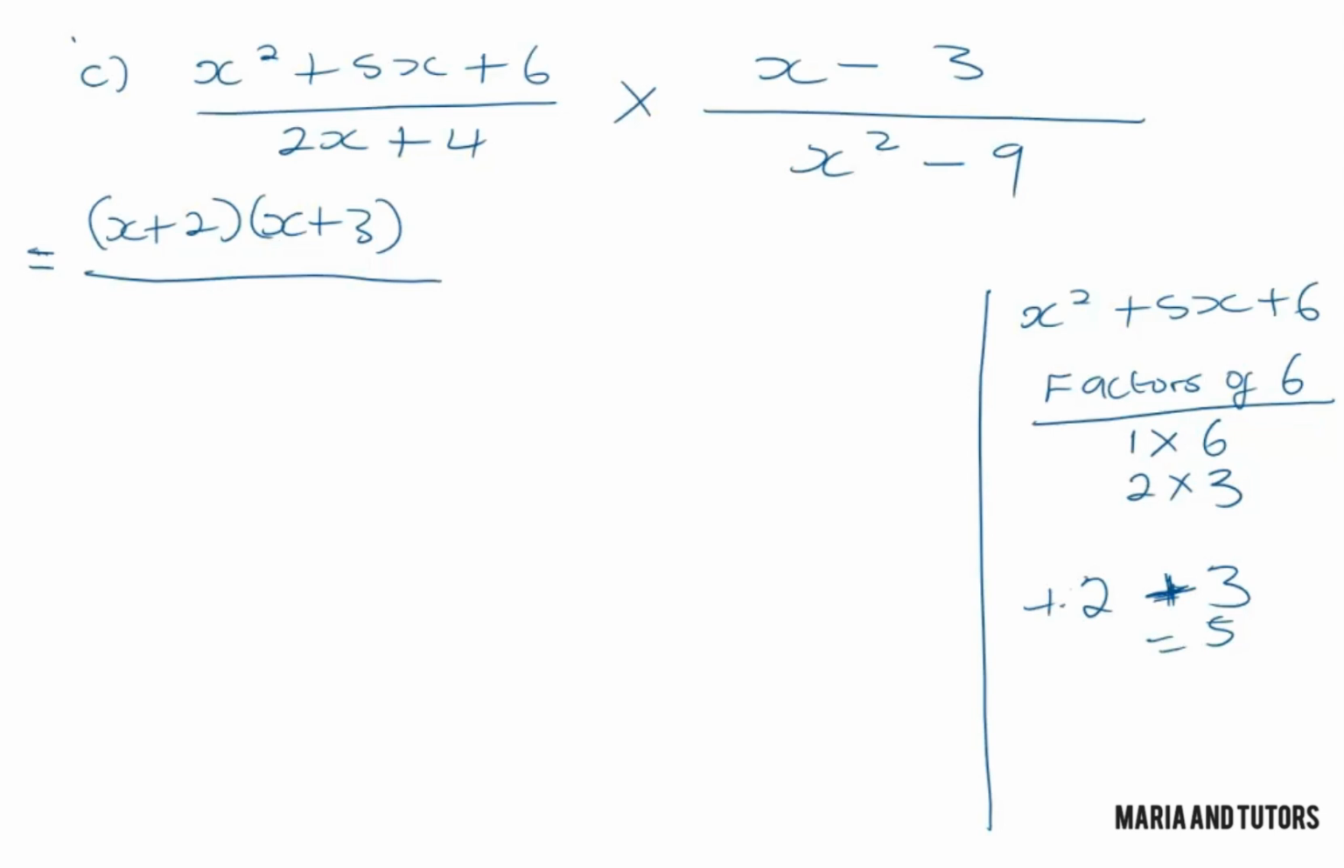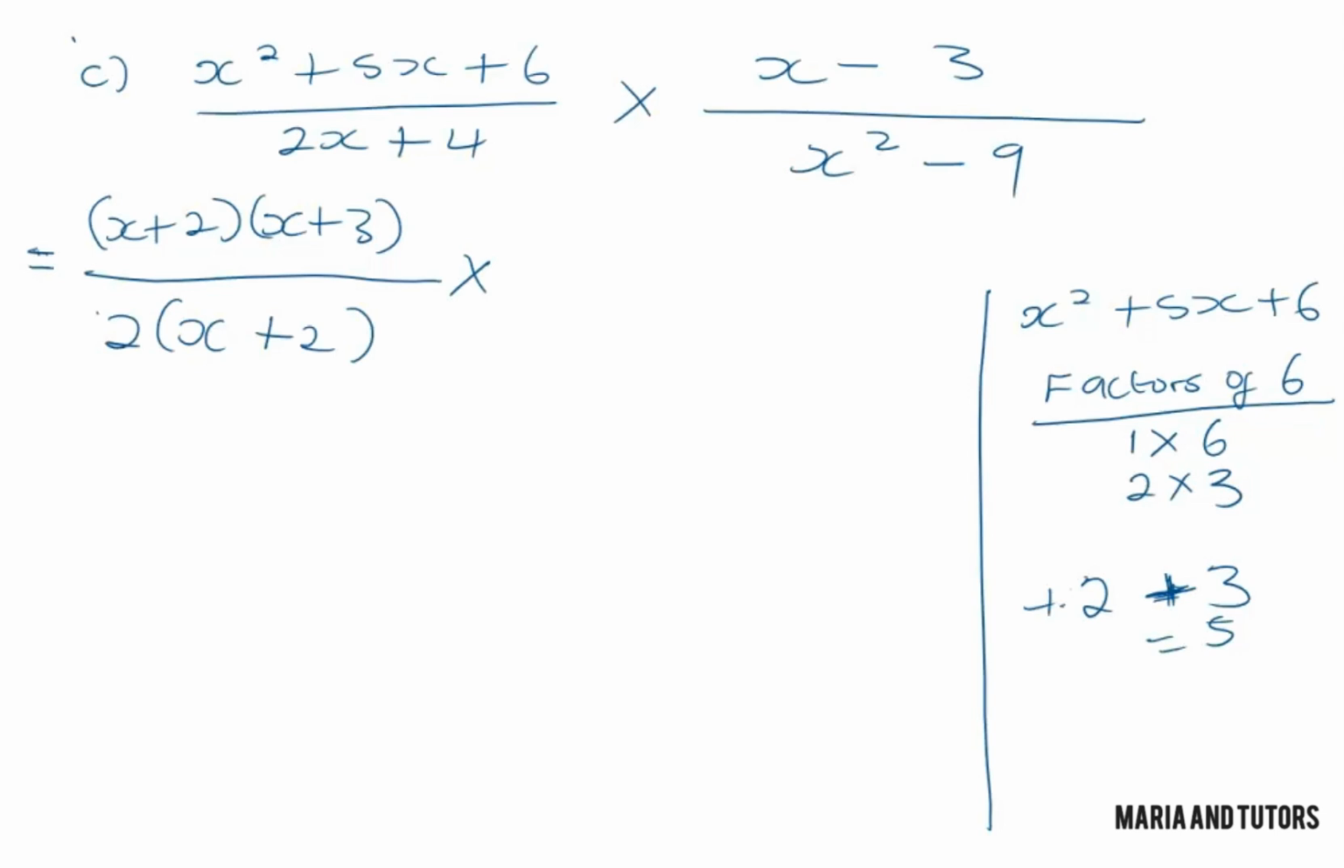This expression can be factorized by taking out a common factor. Our common factor is going to be positive 2. So we're going to have 2 multiplied by, in brackets, to get 2x we have multiplied 2 by x. To get 4, we have multiplied 2 by positive 2. So the expression factorized is 2 multiplied by, in brackets, x plus 2. Then we multiply this by